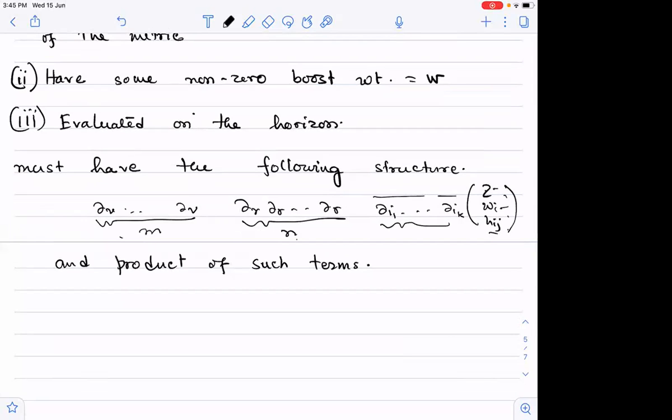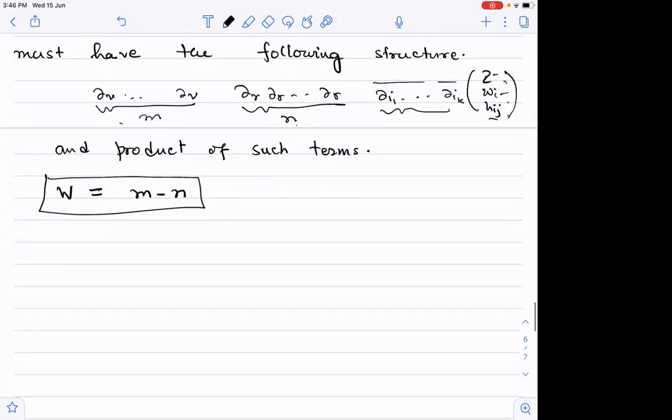So boost weight W must be equal to M minus N, because del V's will give lambda to the M, del R's will give lambda to the minus N, and the overall lambda factor is W. So therefore W must be M minus N. Is this statement clear? For a covariant tensor component evaluated on the horizon and constructed only out of the metric, the boost weight must be equal to the number of del V's minus the number of del